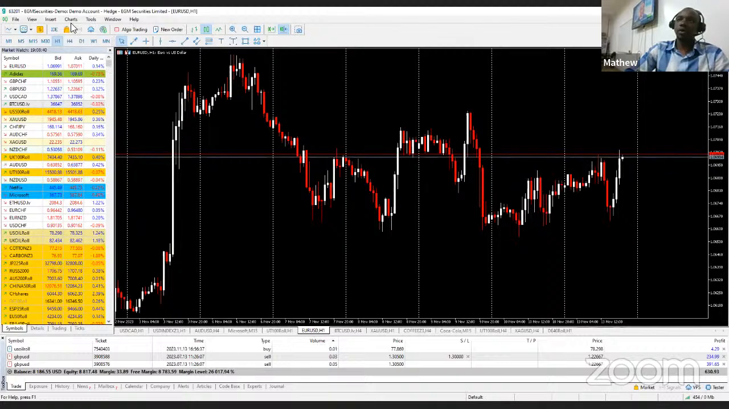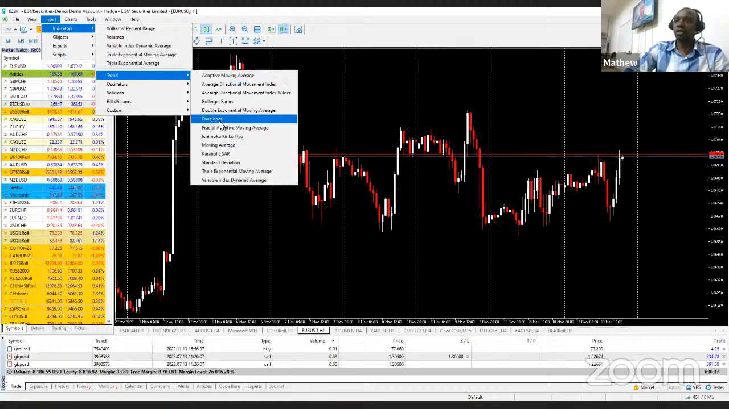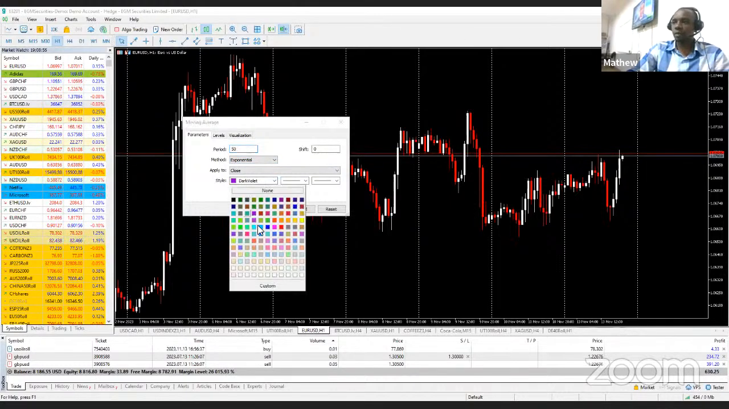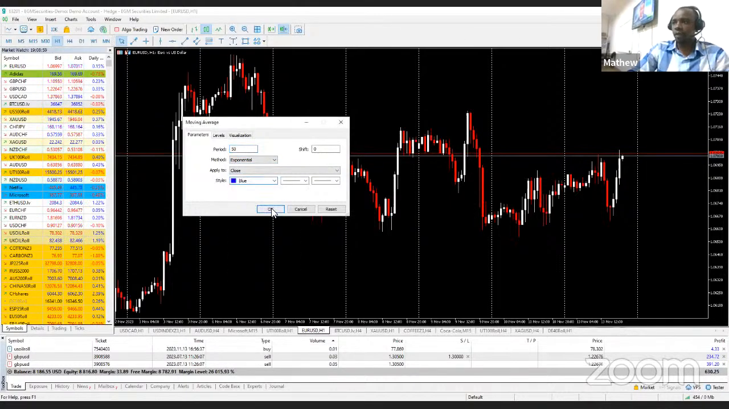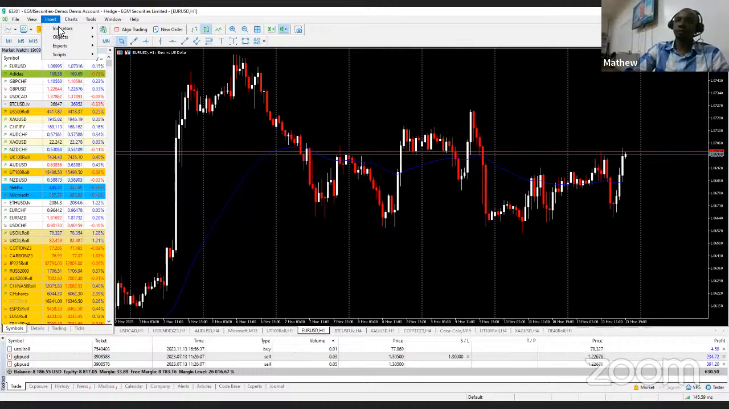So what do we do? Go to the top left, insert, go to indicators, and then these are trend indicators. Go to moving average. Let's do the 50, exponential, close, and then maybe we can choose a blue color and then say okay. So we can see now we have the 50 EMA on the chart, and then let's now install